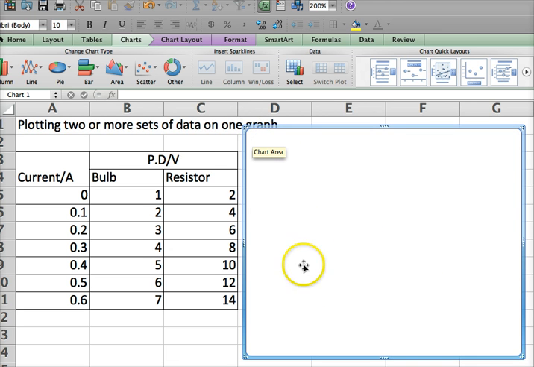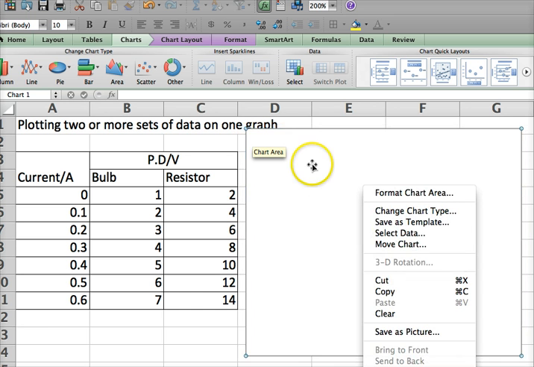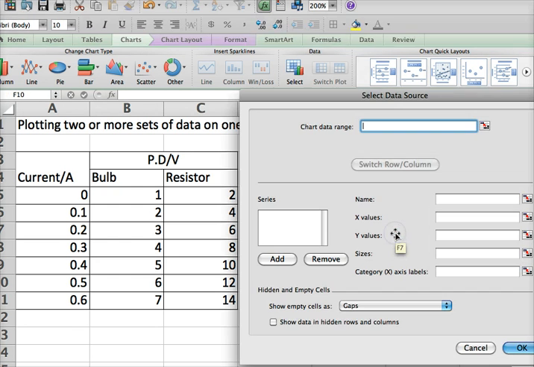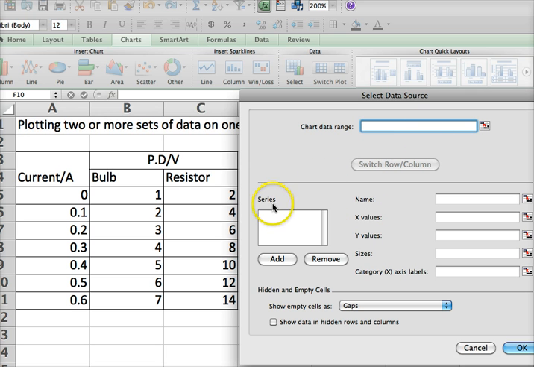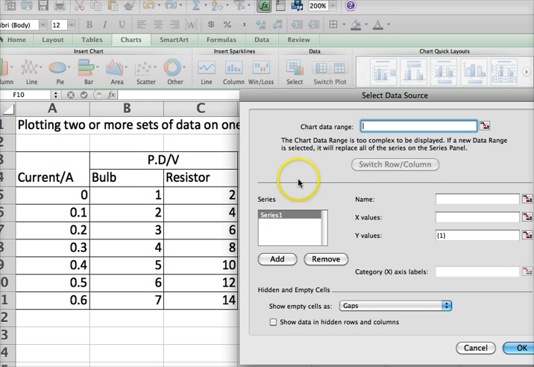So the way it works, there's nothing there at the moment, so it's up to us to put something in. So I'm going to control click on the chart area, and I'm going to select my data. That's the first thing to do. Select data. The way I like to do it, there are other ways, but the way I like to do it is to use the series bit down here and add a series. So each series is a set of data. So add a series. I'm going to call the first one bulb,